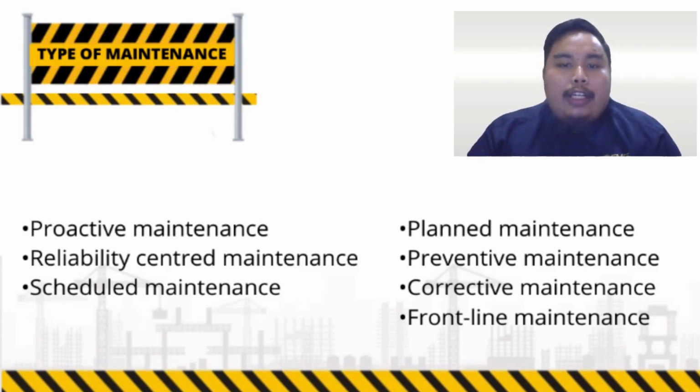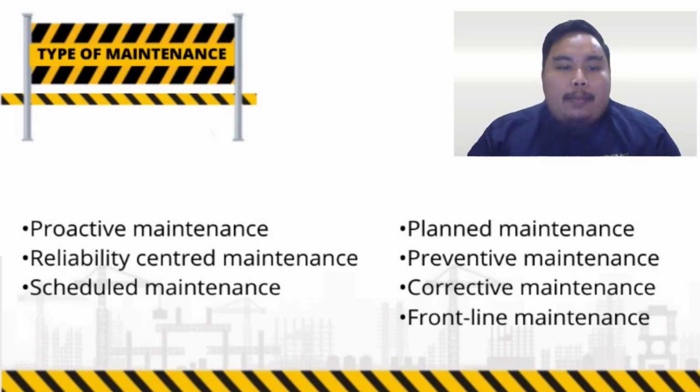It is carried out in order to keep something in working order or extend its life. Third is corrective maintenance. This involves repairing something that has broken, such as a window or gutter. Fourth is frontline maintenance. This involves maintaining something while it is still in use, such as repainting and decorating an occupied building. Fifth is proactive maintenance.